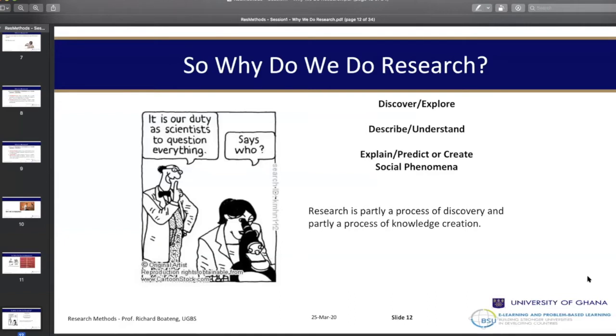Okay. I mentioned earlier that the research starts with a question. So some questions can help you explore, some questions can help you describe, some questions can seek to explain or predict the future. Just echoing that again, the centrality of every research is the question that you are asking. It means that the research question is what gives the research process direction.